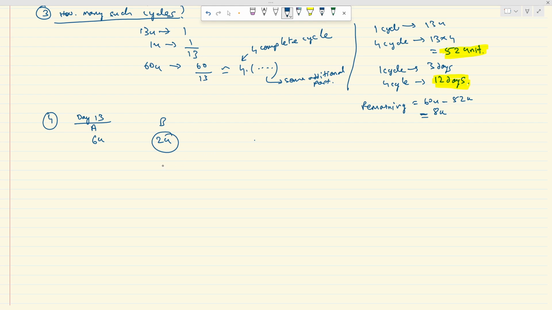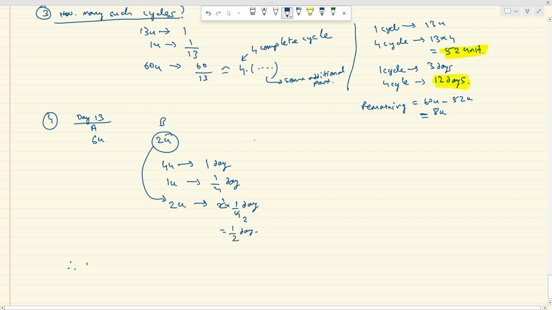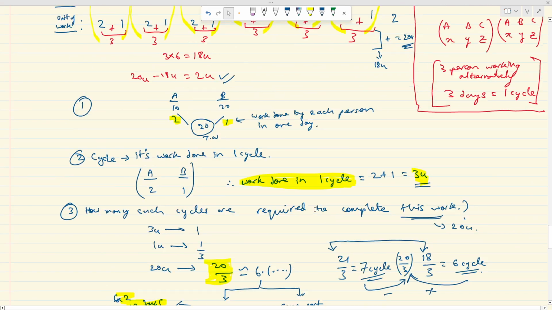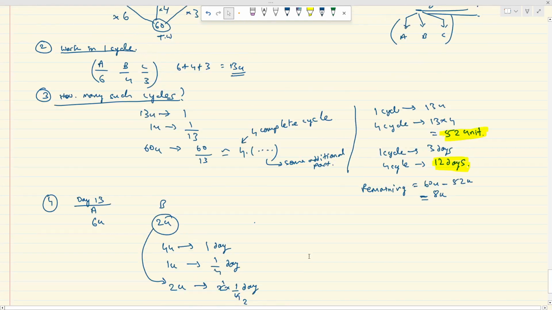लेकिन यहाँ पे यूनिटरी मेथड लगाएंगे। 4 यूनिट्स वर्क करने में बी को 1 दिन का टाइम लगता है, 1 यूनिट का काम करने में 1/4 डे टाइम लगेगा, एंड फिर जितना भी बचा है 2 यूनिट्स, उतना काम करने में उसको 2 इंटू 1/4 डे का टाइम लगेगा, दैट इज़ आधा दिन लगेगा, हाफ डे लगेगा। देयरफॉर टोटल नंबर ऑफ डेज इज 13 days यहाँ तक प्लस हाफ डे, ठीक है। तो 27/2 डेज, और इसको हम लिख सकते हैं 13.5 days पे, इतना दिन टाइम लगेगा। होपफुली दिस इज कॉन्सेप्चुअली विजुअली भी क्लियर है, एंड कैसे सॉल्व करना है वो भी क्लियर है। थैंक यू।